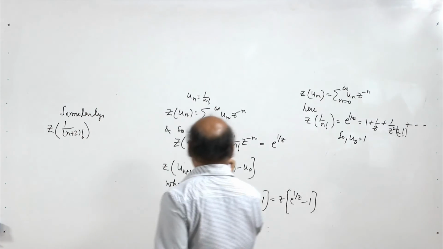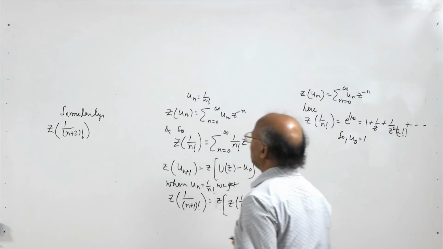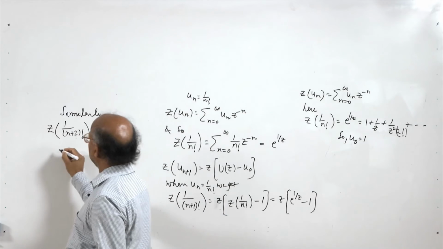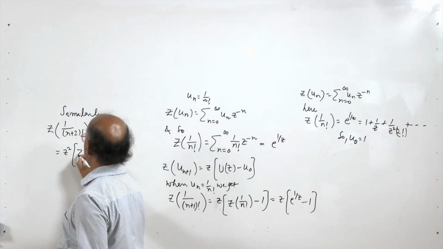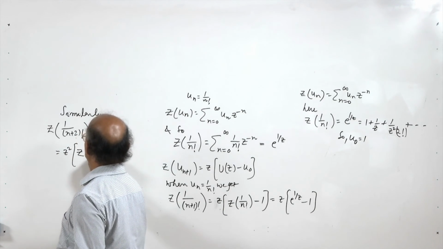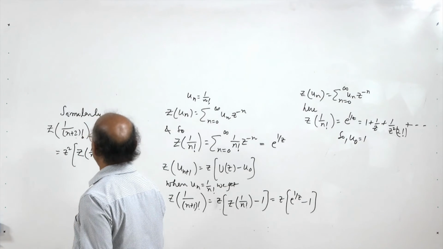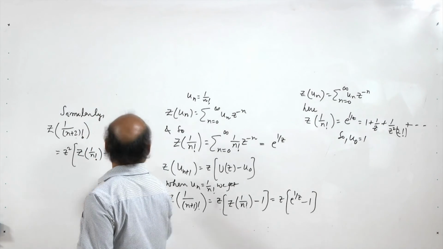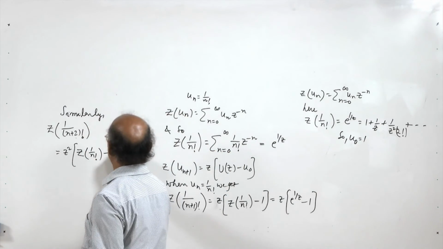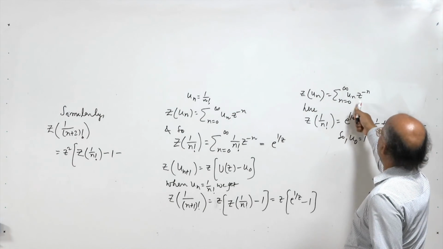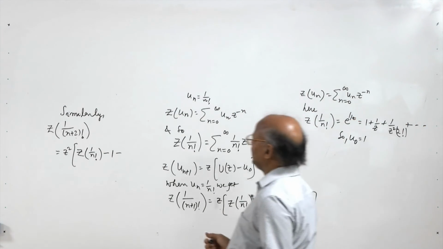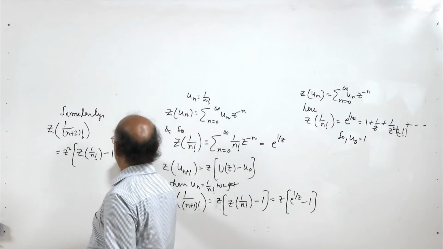So if u_n is 1 by n factorial, u_(n+2) is 1 over (n plus 2) factorial. So this is z square times the z transform of u_n, minus u naught, which we have seen is equal to 1, minus u1, which is the coefficient of 1 by z, which is also 1 here. So 1 by z,